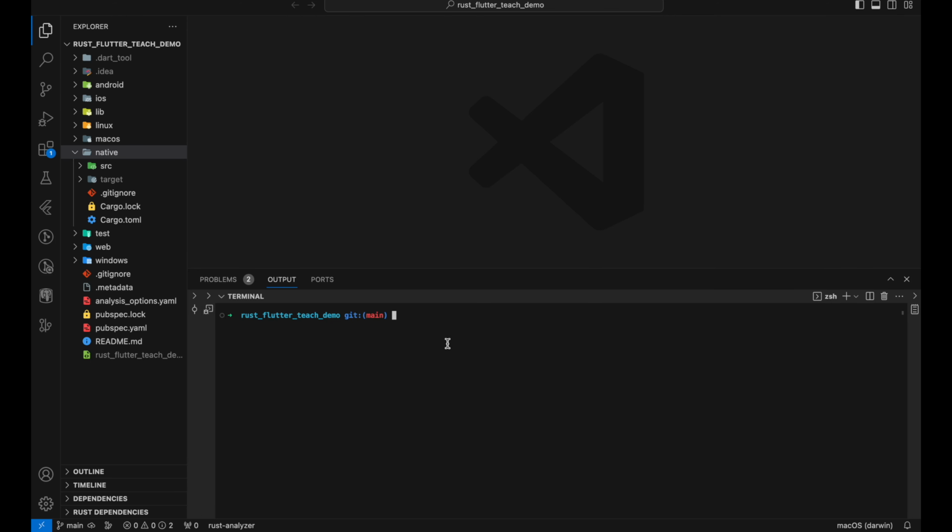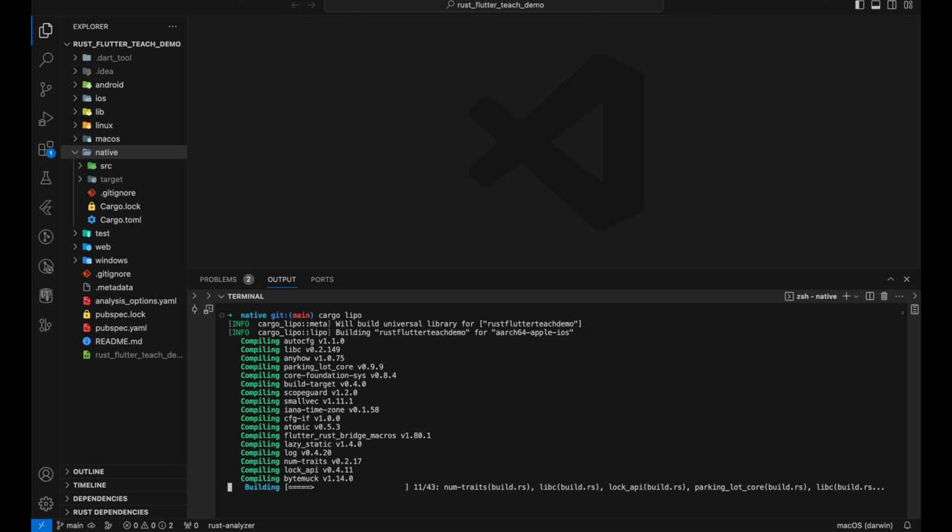So the first thing we are going to do is build a static build for our iOS, because iOS only accepts static build. That's why we are going to build that static build with the help of Cargo Lipo. So let's install that first. Cargo install cargo-lipo. Then go to our native folder and run that command, cargo lipo. We don't need to do anything else, just cargo lipo, and it will generate